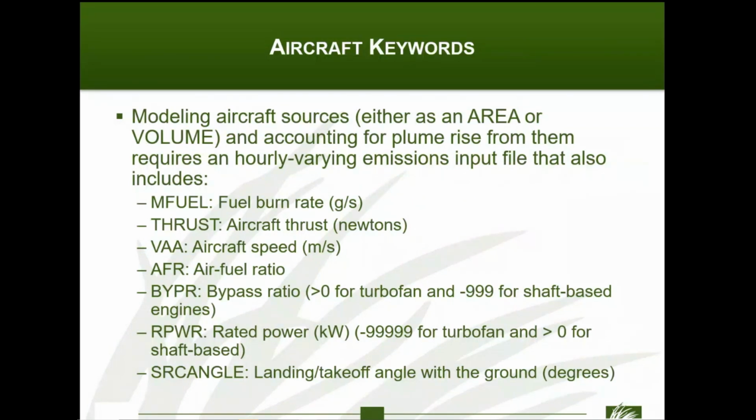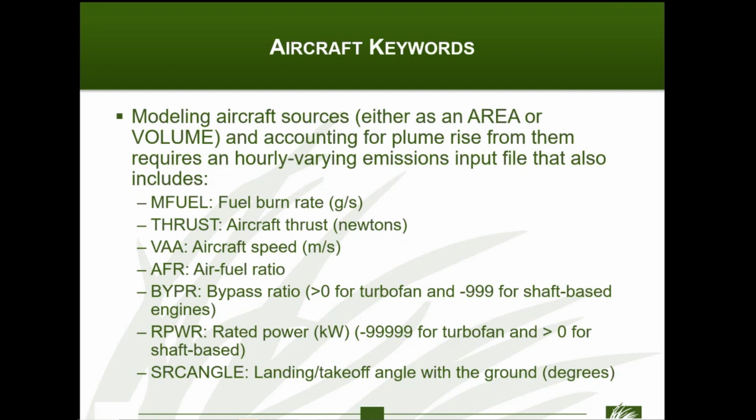That file for each of those sources, either area or volume, is going to include these keywords: MFUEL, which is the fuel burn rate in grams per second; THRUST, which is the aircraft thrust in newtons; VAA, or aircraft speed, in meters per second; AFR is the air-fuel ratio;